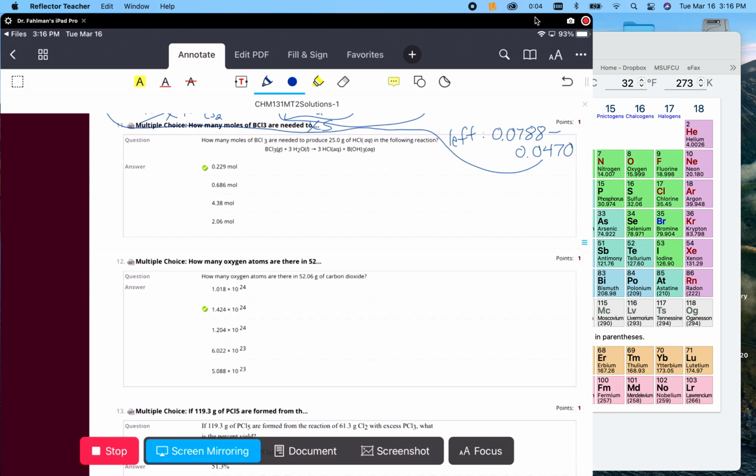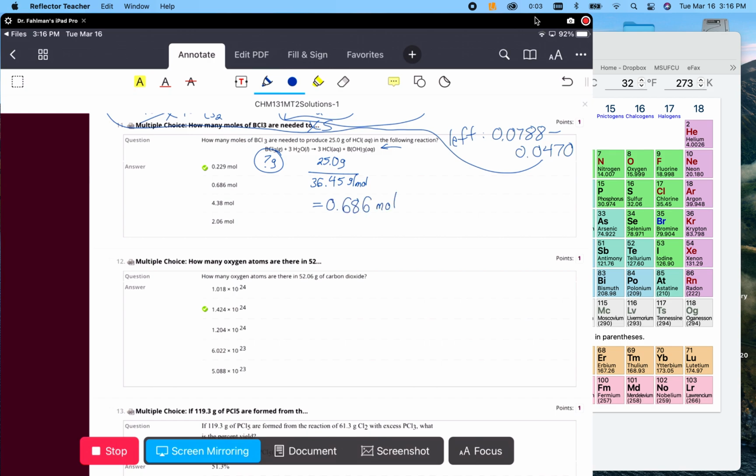Okay, this one, how many moles of boron trichloride are needed for HCl? Again, double check if it's balanced, and it is. And so 25 grams of HCl. Okay, and then we want to know this one. So we can do the moles for HCl, so that is going to be 36.45. So 25 divided by 36.45